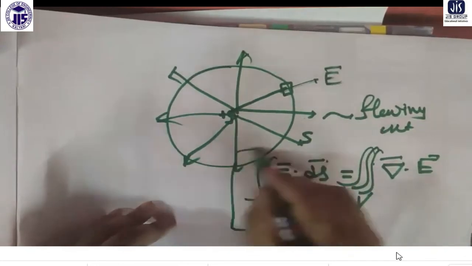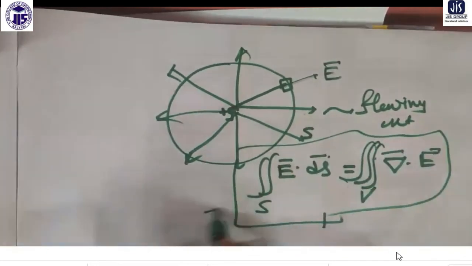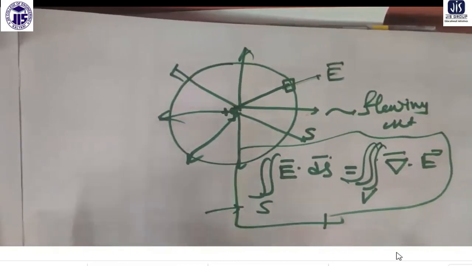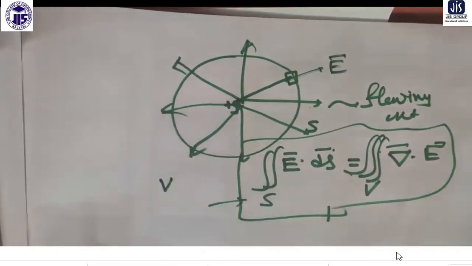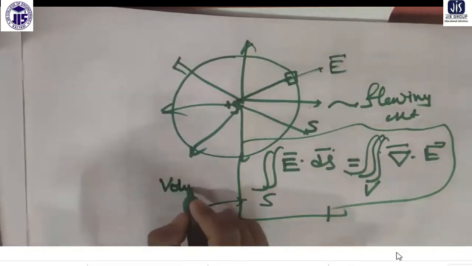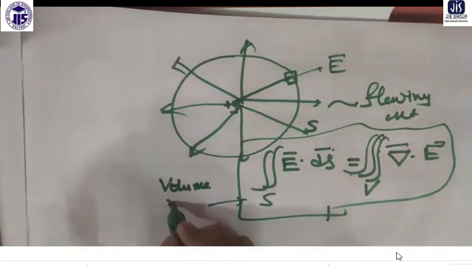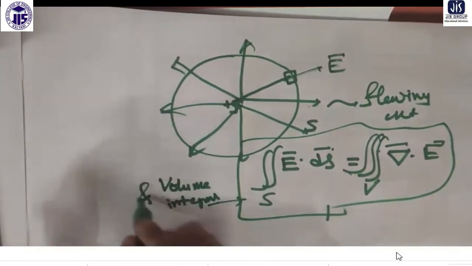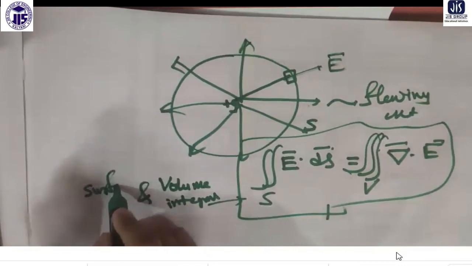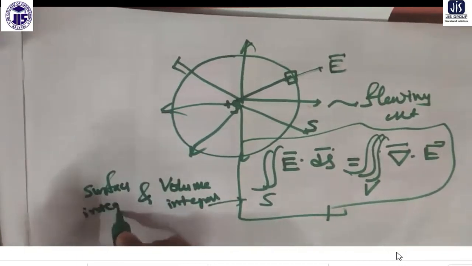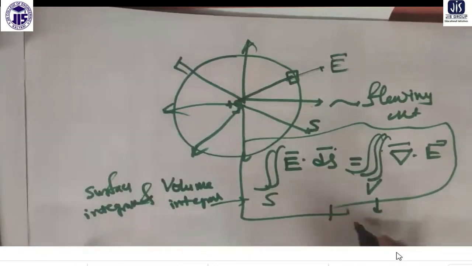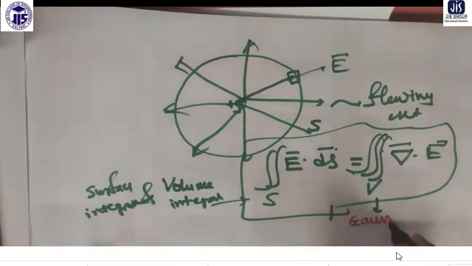Now this is called Gauss's divergence theorem. The volume integral of divergence is connected with the surface integral. So this is called the connection between volume integral and surface integral. Volume integral and surface integral are connected by this formula. Now this equation is a very famous equation. We will use it time and again. This is called Gauss's